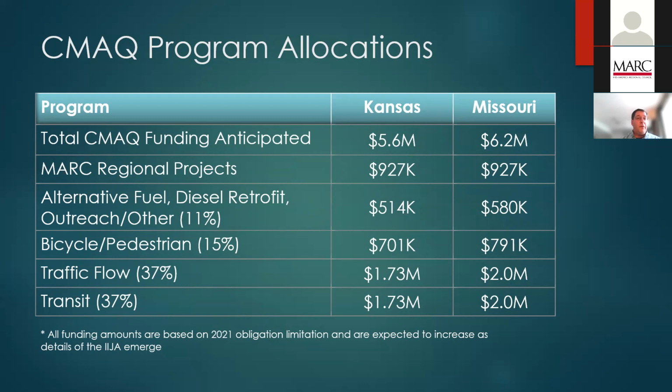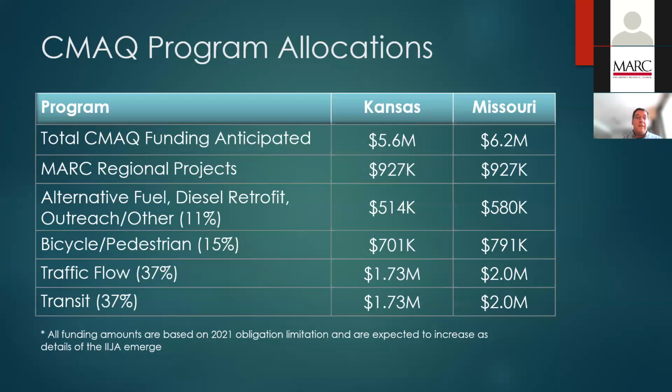One for alternative fuel, diesel retrofit, and outreach and other projects. Those applications receive 11% of the funding. Bicycle pedestrian receives 15%, and then traffic flow and transit projects each get 37% of the funds. There are also 3 MARC regional projects that get taken kind of off of the top. They don't compete again for funds. Those are just taken off of the top of the funding amount at